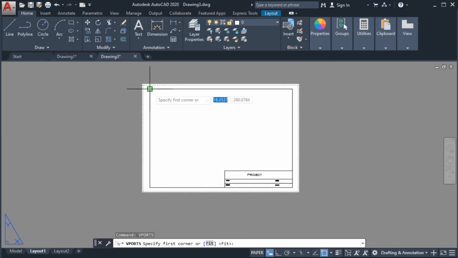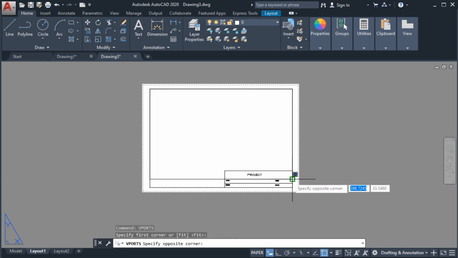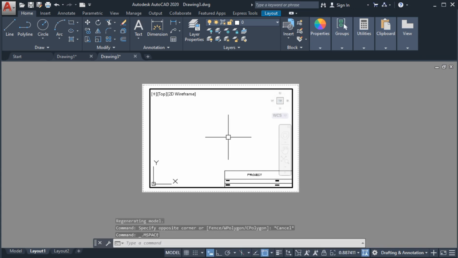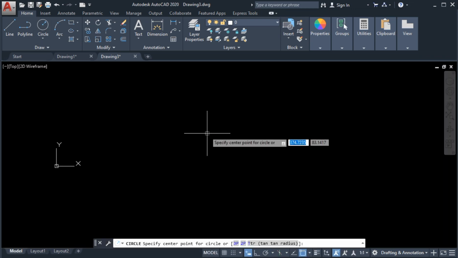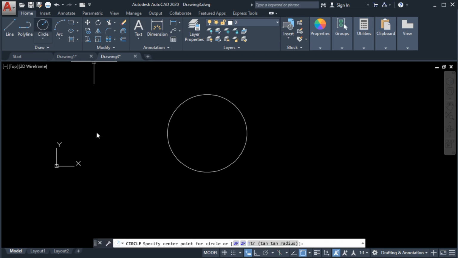Okay, so from here let's say we create some object here. Okay, so let's create a circle,